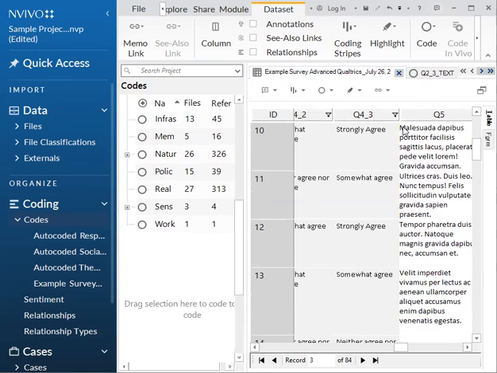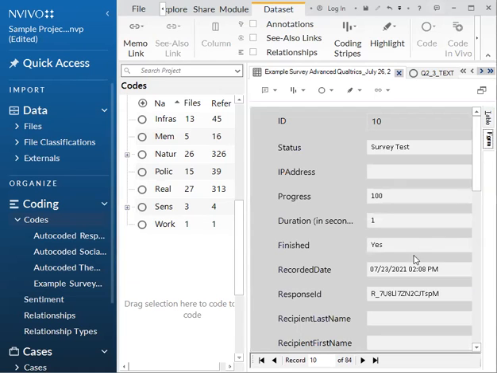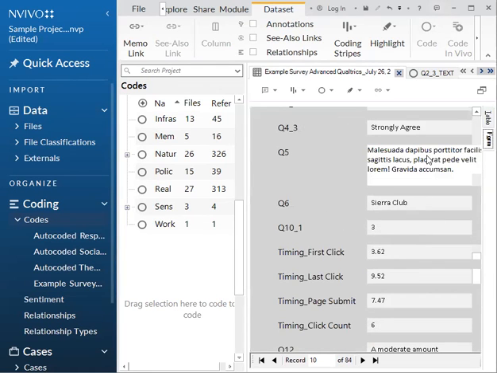And you can code from here as well. Or you can use the form option and scroll down to where they have the free response and highlight there. So all of it can be coded in whichever view makes sense for you and your project, whichever's easiest.